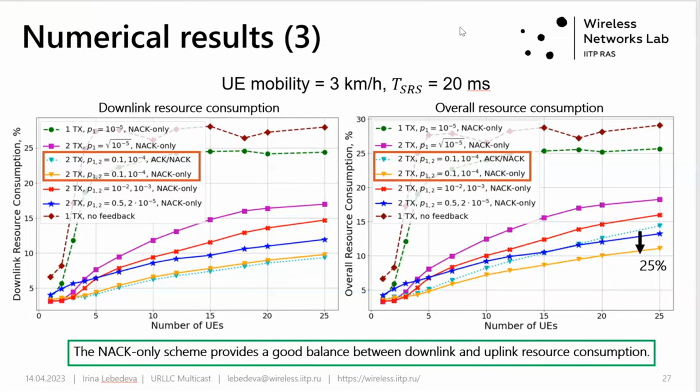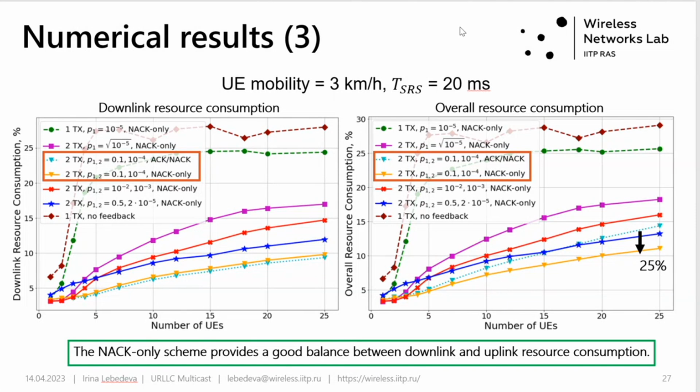Could you please clarify how exactly gNB reacts on ACK or NAC? Is it true that when, for example, gNB understands that user 1 has successfully received data and user 2 did not receive data because it sends NAC, then for the second attempt, it will construct precoder for only one user instead of both of them? Yes. The ACK-NAC scheme